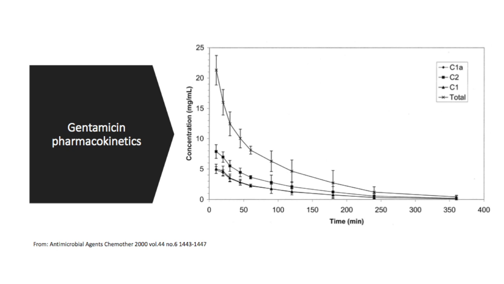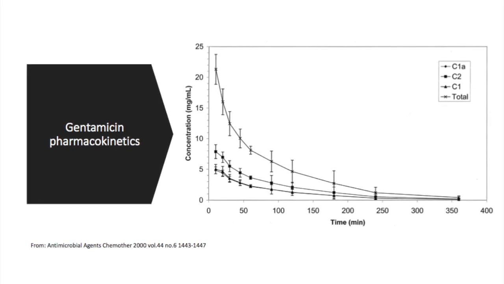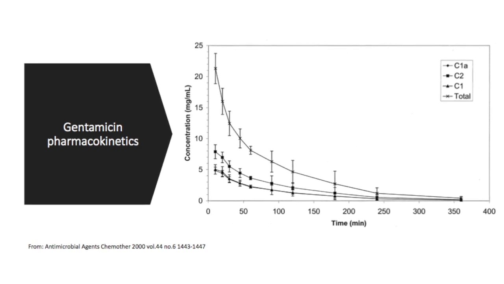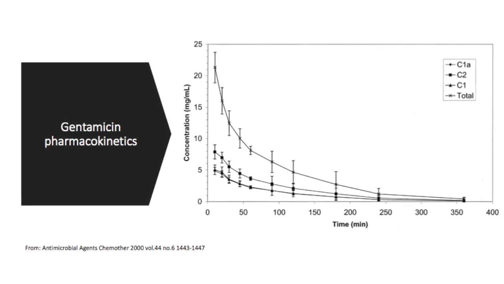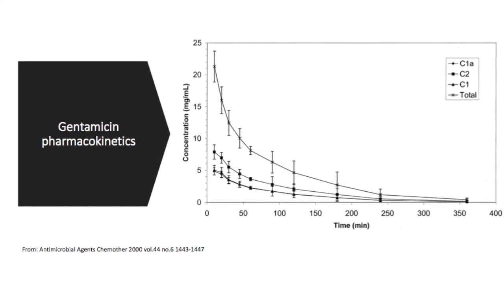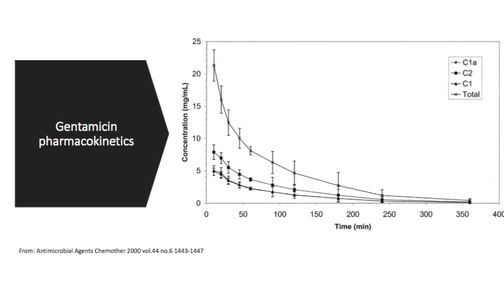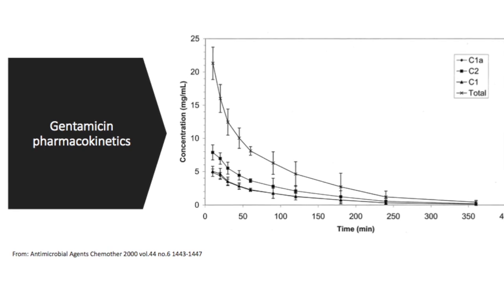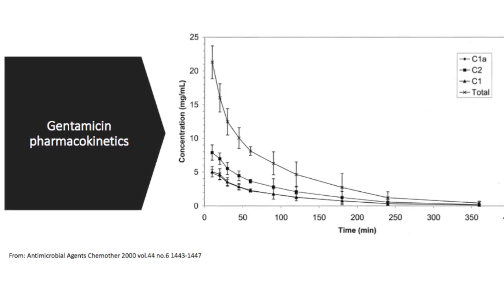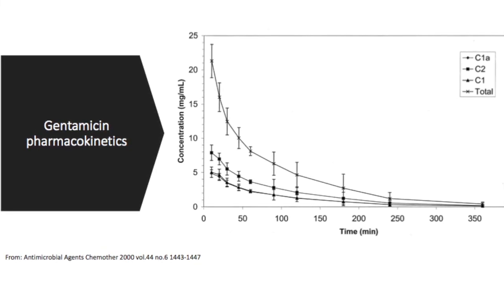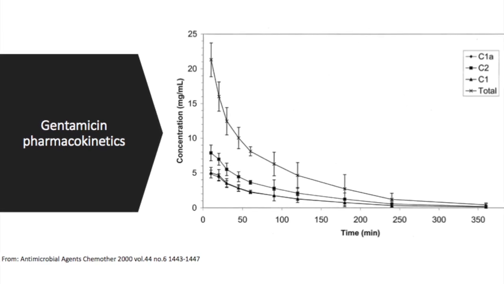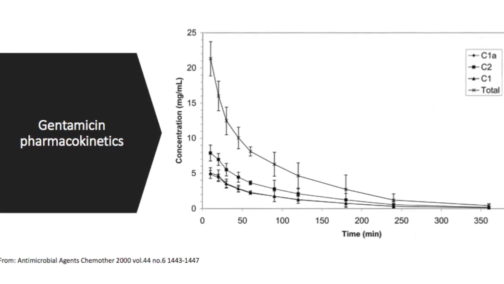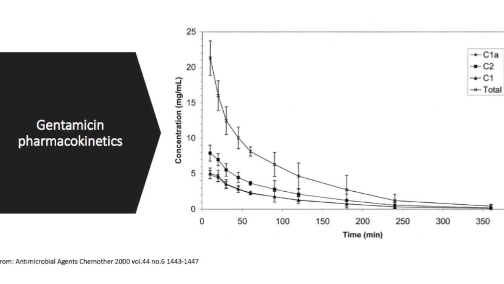So all drugs actually have a distribution phase, but for some it's so rapid that we don't pick it up. Look, for example, at this time concentration curve for the aminoglycoside gentamicin. It does take a little time to distribute, but by the time we take the first plasma samples a few minutes after the dose was given, the distribution is complete, and we can describe the pharmacokinetics using a single constant volume of distribution and therefore a mono-exponential